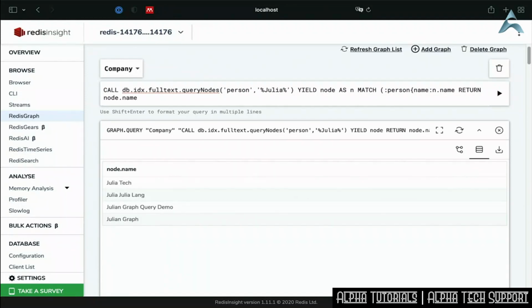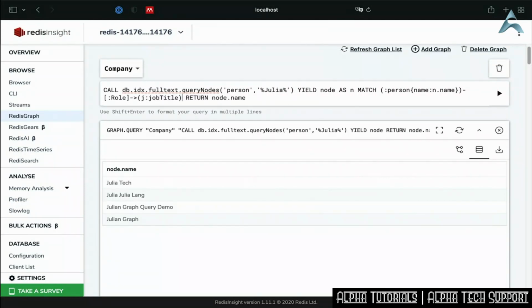We just want to match for that. And let's close the curly brackets. Then you want to traverse out into the role edge. If it has a role edge, it will traverse out of it and end up on the job title